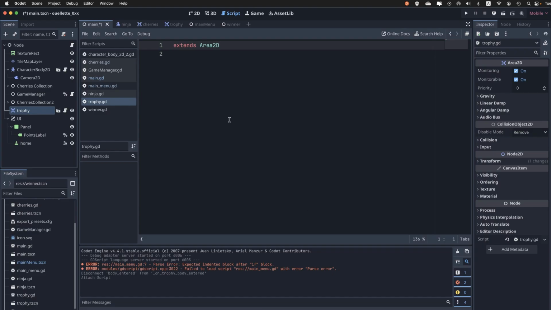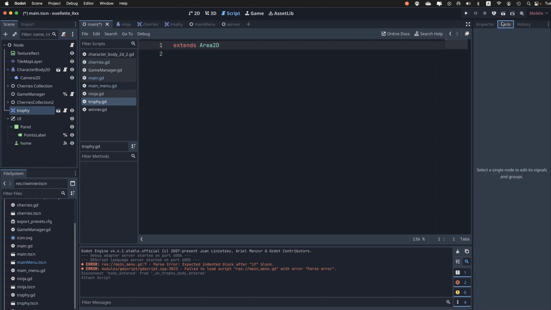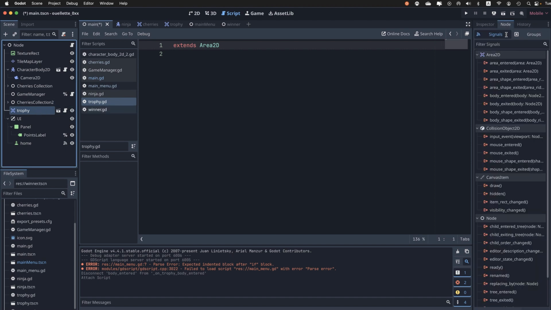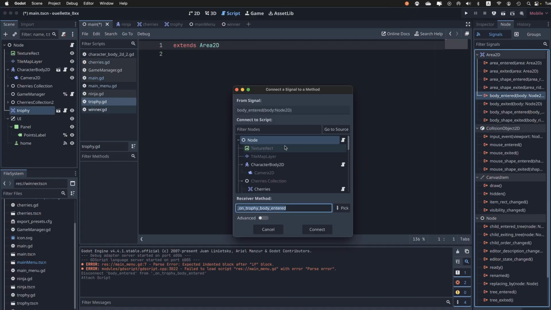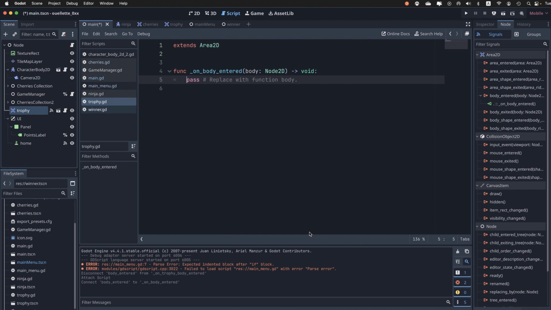All right, and in there we will now add a signal. So let's go over to node. Select the trophy again, go over to node, and it's under the signal, body entered. And let's put that inside of trophy. Okay. On body entered,